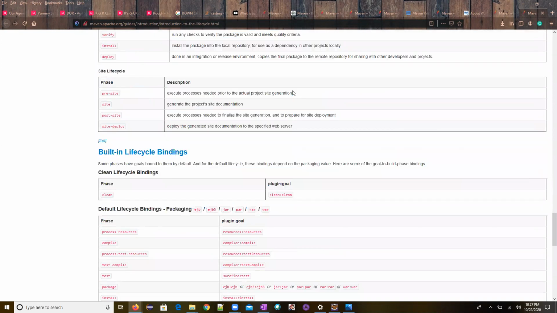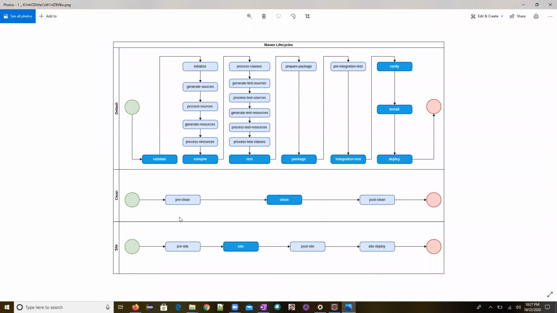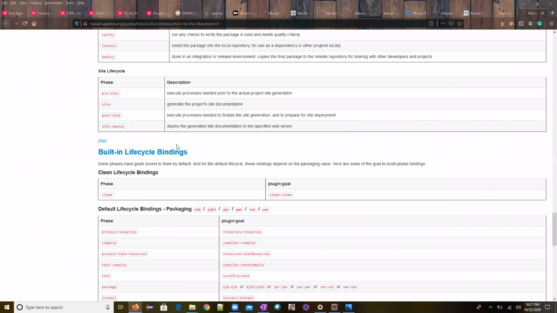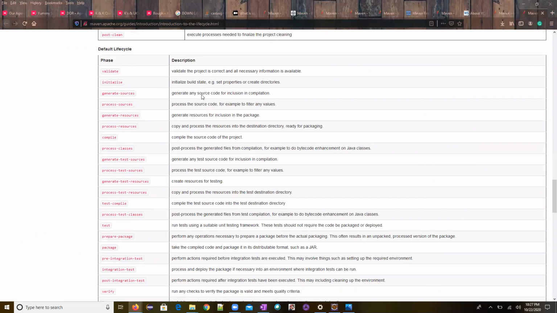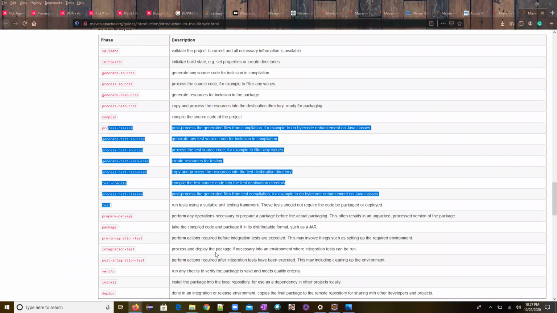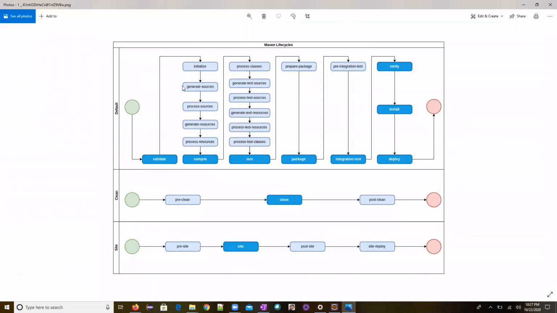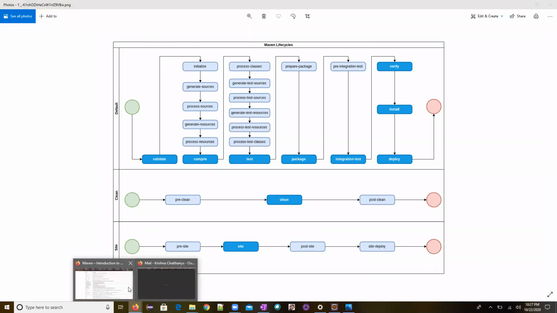See what I should learn to avoid that particular confusion. I showed you this particular diagram. Now validate, and in compile, I have all these particular phases. In test, I have all these phases. And in package, I have all these phases. And integration test, I'll have these phases. And then verify, install, deploy. If you map this to your documentation, now you can see all these things, whatever phases you are seeing over here. According to that, he designed this diagram. You can just verify. I verified this one, and on that only I was saying it.